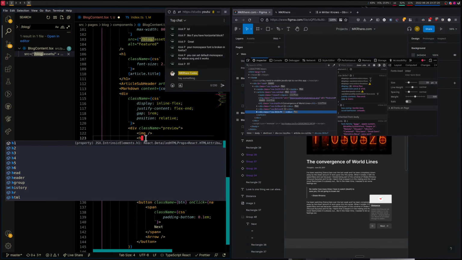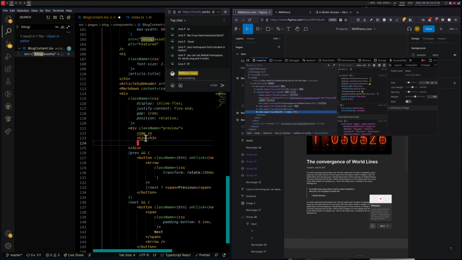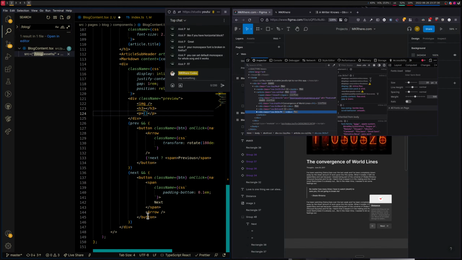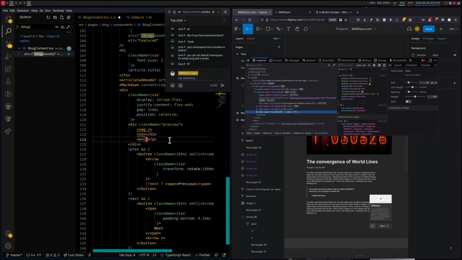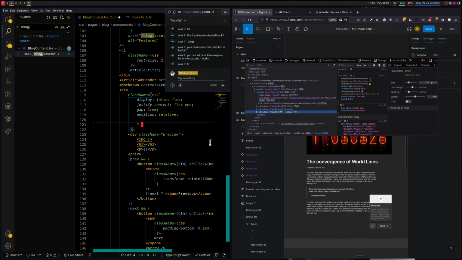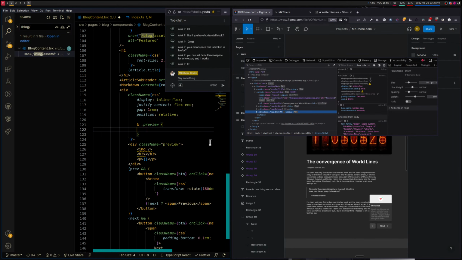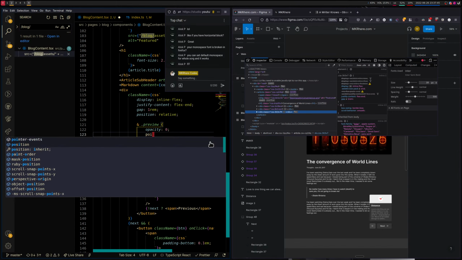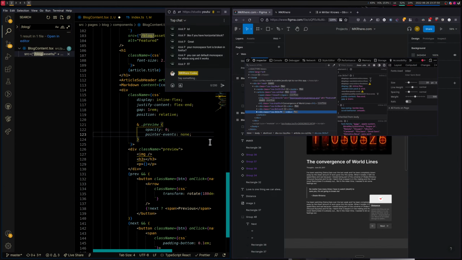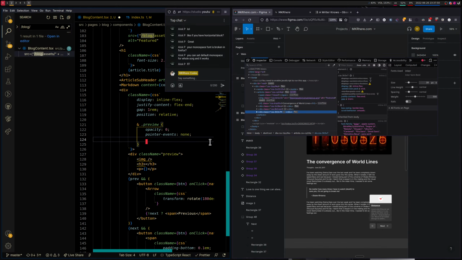So let's call that h3 and it has a description. We do want to know which of these is forward on. There's two ways to do this. One, so let's do preview is by default opacity 0 and pointer events none, right? And when